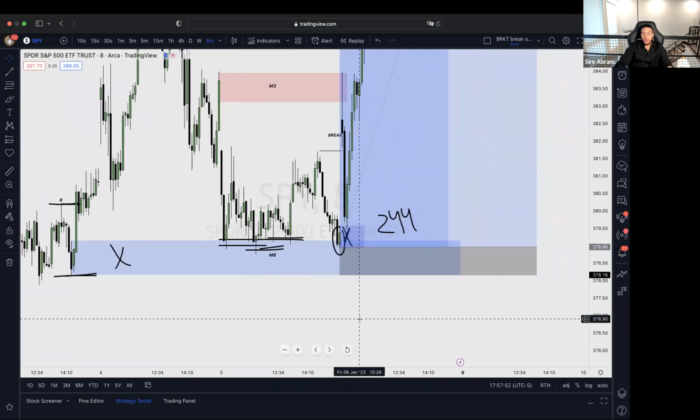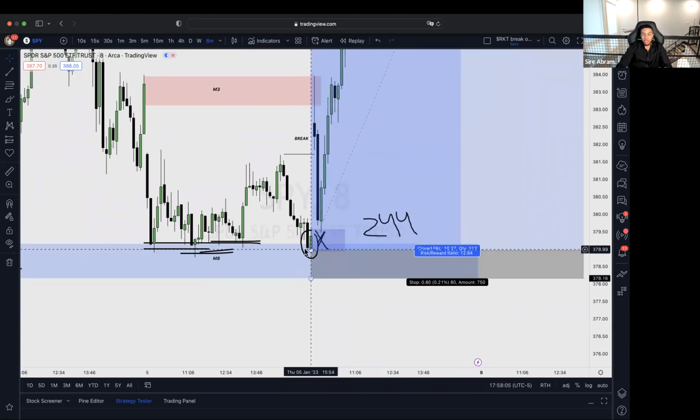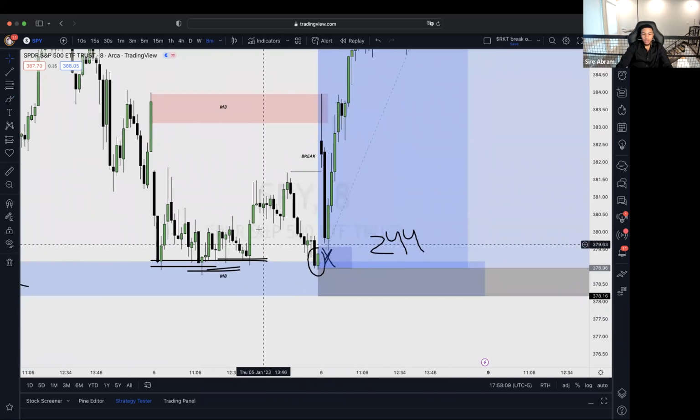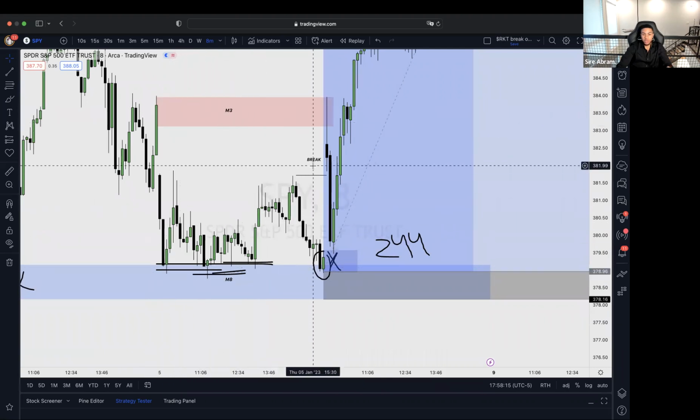So when price closes in a demand level or in a supply level, that is a good indication, hey, maybe I should look to swing calls based on the structure that is presented, okay? So right here, as price closes in this demand zone, that is where I decided to swing calls, and I'm looking to take profit right here, okay? This is where my price target is for my swings.